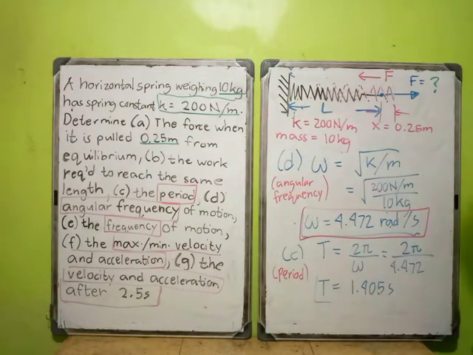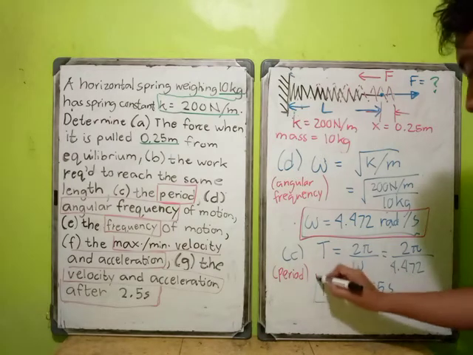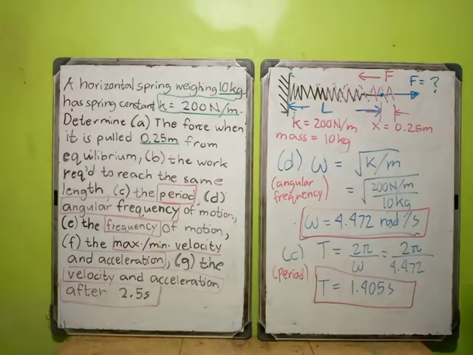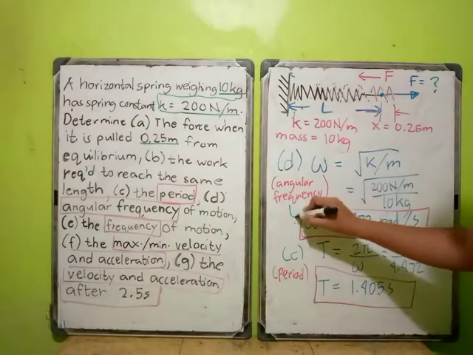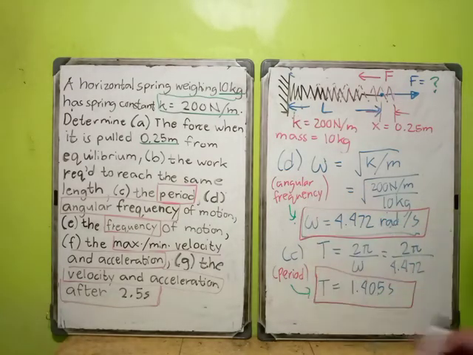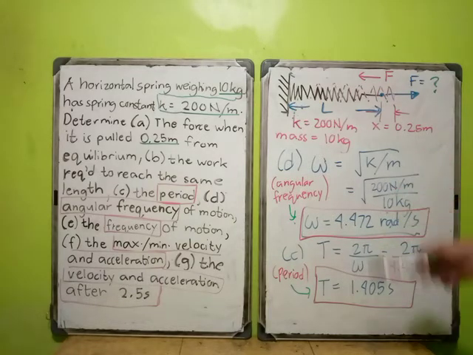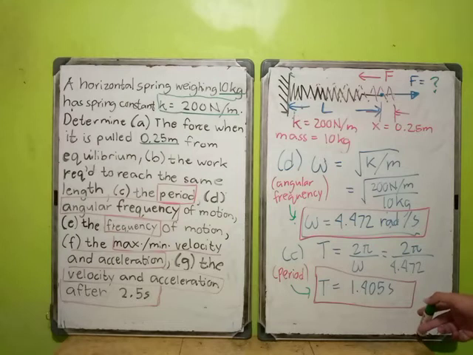So, ito yung sagot. This is the period. This is the angular frequency and this is for the period. Okay. So, here we go. So, nakuha na natin si angular frequency tsaka si period. So, doon tayo sa frequency of motion. So, here. Okay? So, since wala tayong,